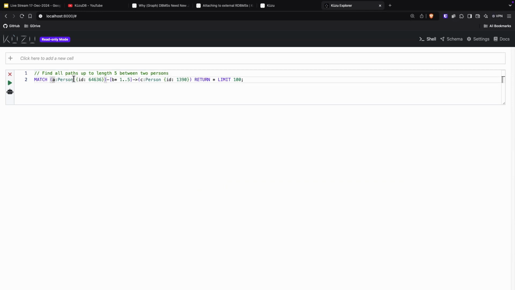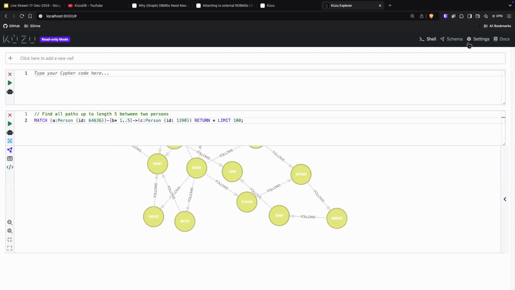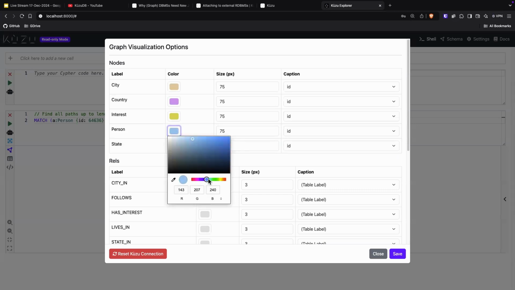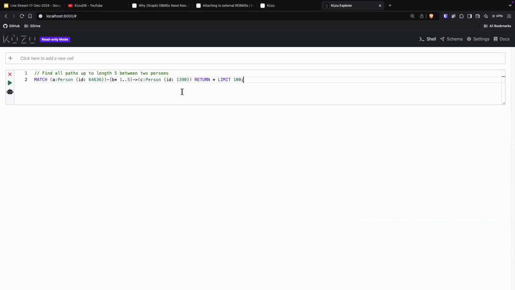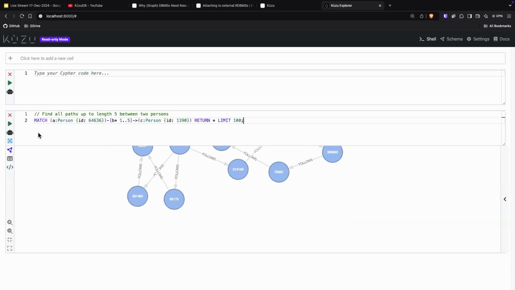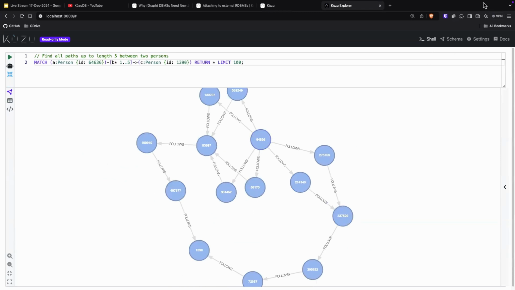So I have person A on this side and I have person B on that side. I'm just going to name that. Actually, C is easier to understand. And this is my recursive query, right? So I'm looking all the way up to 5 hops away from the first person. And I can actually run this on a pretty expensive graph. I don't like this color very much, so I'm just going to make this blue. So yeah, when I rerun this, you can see here that I very, very quickly compute the paths between these